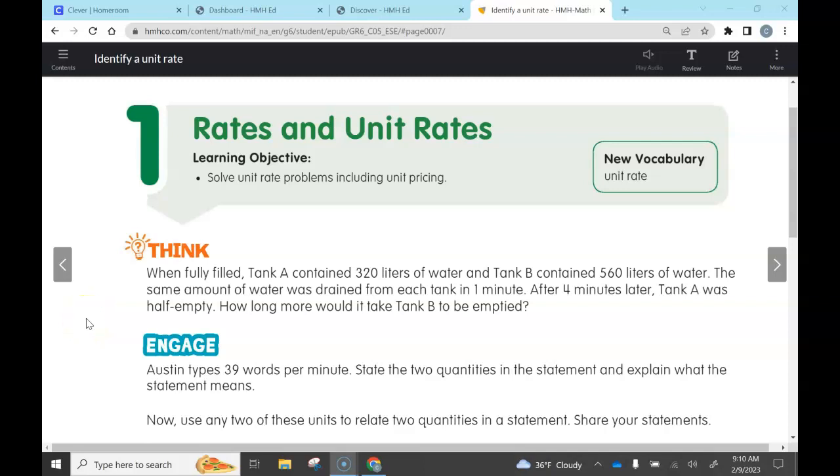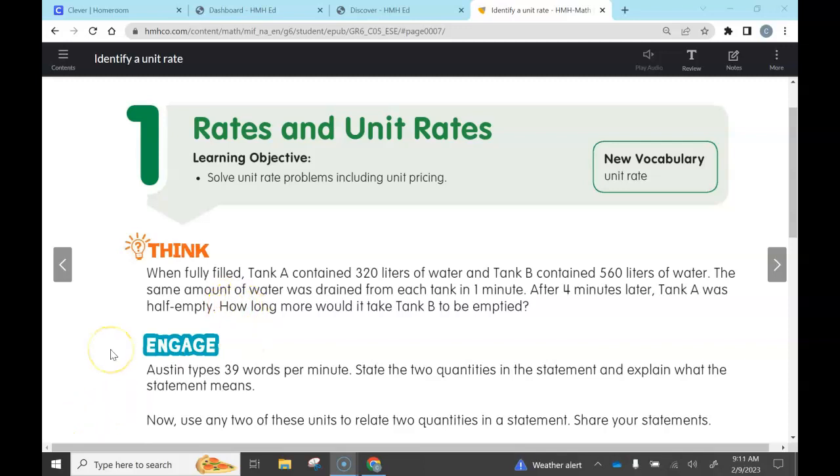Hello everyone, I'd like to welcome you to this video titled Rates and Unit Rates, and I'd like for you to get out your Math in Focus book and turn to page 237, get out your math journal, pencil, and also a calculator. So you can see the goal for this video is to solve unit rate problems including unit